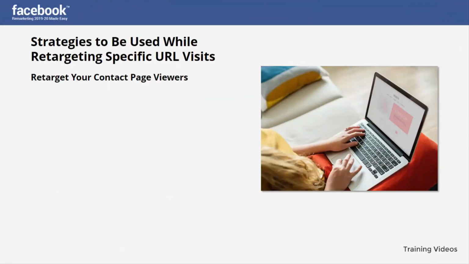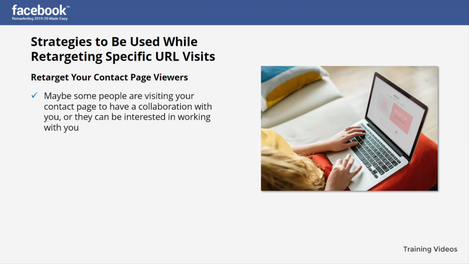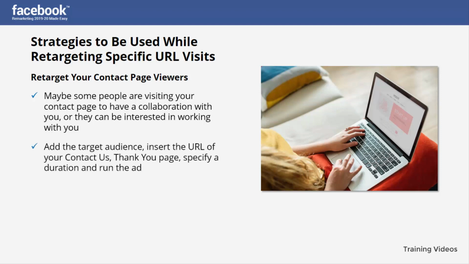Retarget your contact page viewers. Maybe some people are visiting your contact page to have a collaboration with you, or they can be interested in working with you. Hit them with the right ad, the one including your policies of working with others, how you hire employees, and your contact information. This ad can help the audience in getting what they want and remind them to talk to you. Add the target audience, insert the URL of your Contact Us Thank You page, specify a duration, and run the